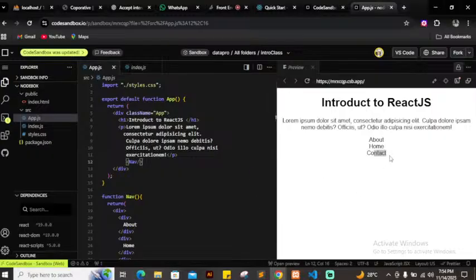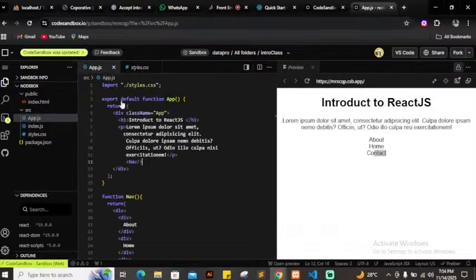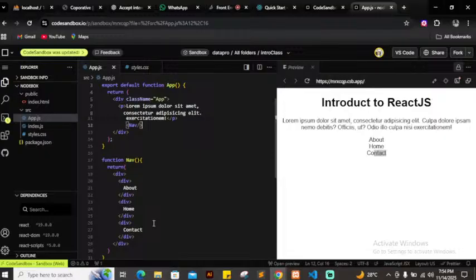The next thing I want to do now, you can also write CSS inside React. How do we write CSS inside React? If you look at what they did here, they've already imported the CSS inside this particular file. And if you look at what's going on here, we have styles.css. So now I want to write my own CSS in this particular file